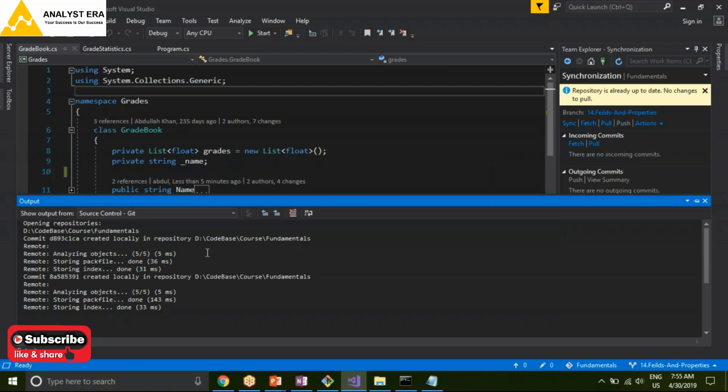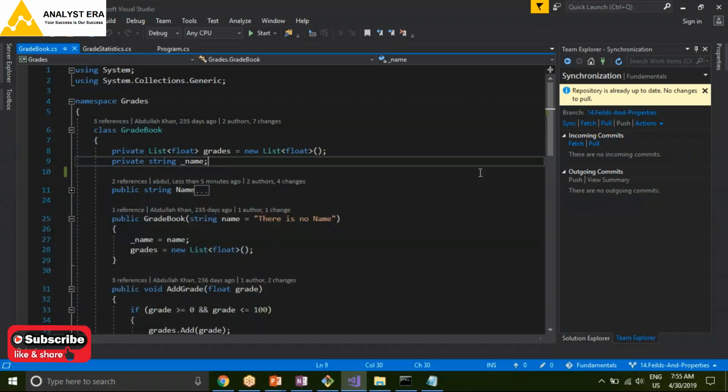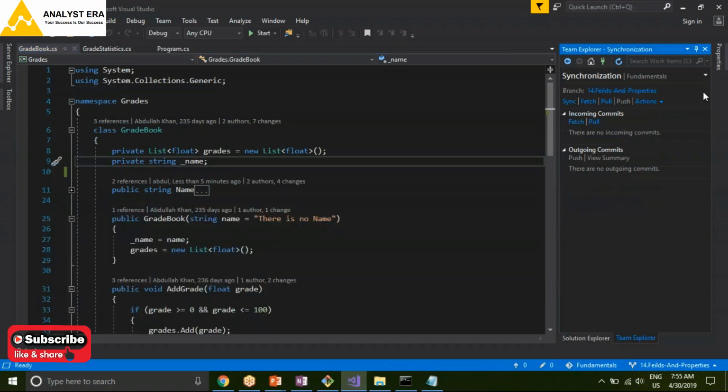It is still the stale comment. It did not refresh. It is the old comment. So essentially my output is not refreshing. If it refreshed, it would definitely show me the commands which are fired in the backend. I need not worry about backend commands. They are anyway being fired. It is anyway working with Git and getting the things done. So these are the things wherein sync, fetch, pull, push, these are the things which we do